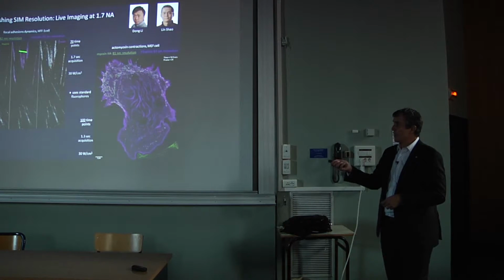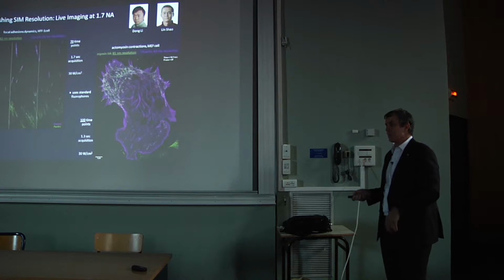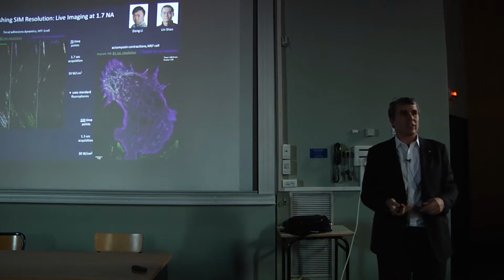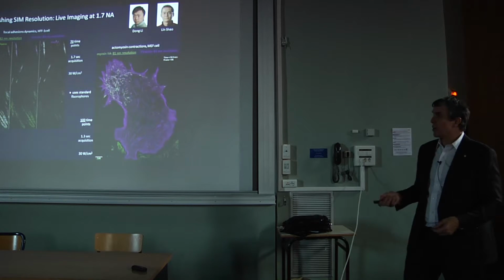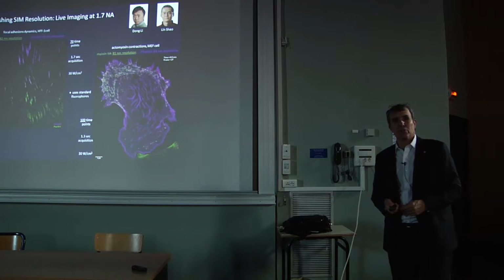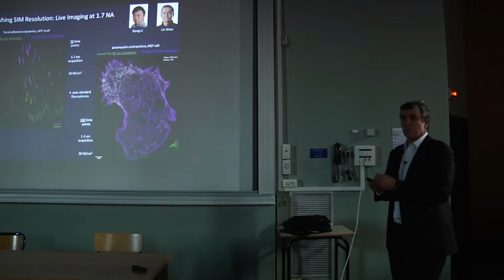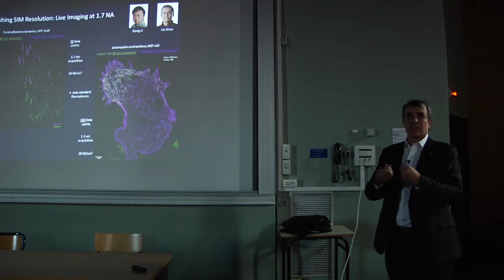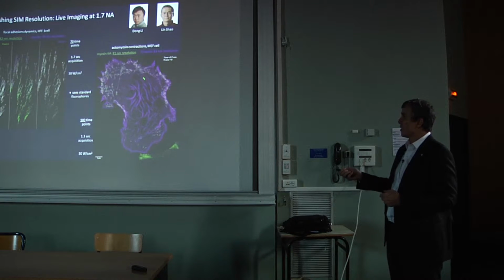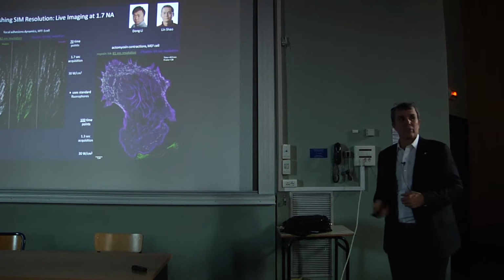So we're using that here. I told you about focal adhesions before. Now you're seeing an example where we're looking at the focal adhesions live and in 2 colors by being able to do the SIM. In this case, you're looking at the myosin 2 again, whose role is to bundle actin filaments together and create these actin-myosin forces to drive the motion of the cell. And you can see at the trailing edge of the cell how these forces are predominant.